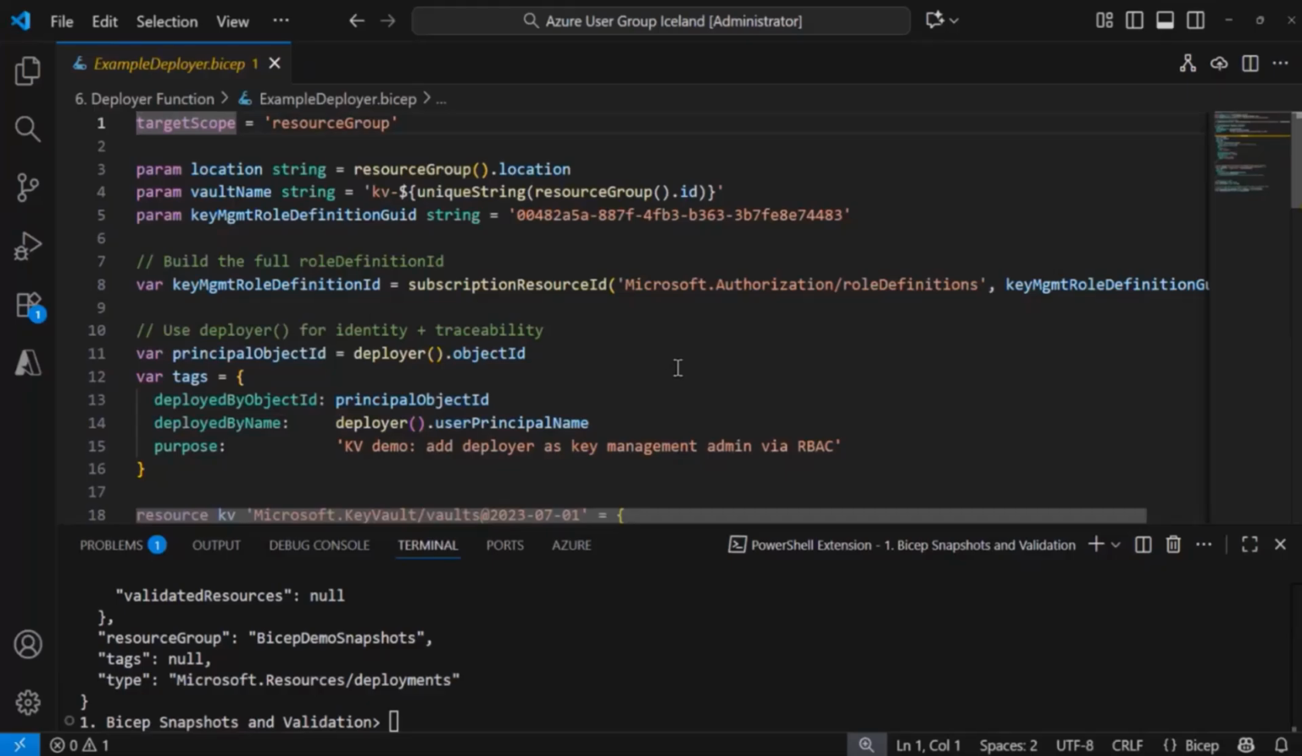What you can now do is you can use the deployer function to, at runtime, detect who is deploying it and automatically add that as an authorization towards the Key Vault as well. And the way that you do it is quite easy. You use the function deployer and then simply .objectId, which now provides this variable principalObjectId with the object ID of who is deploying it. So if I am deploying it, my object ID ends up in here, or maybe a service principal or something